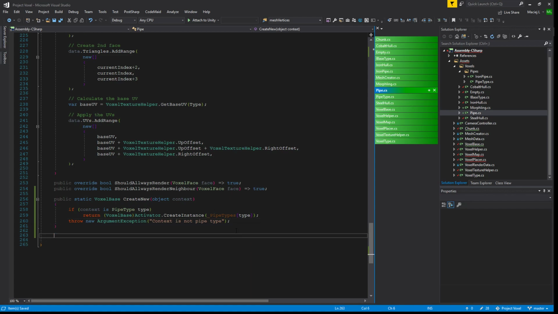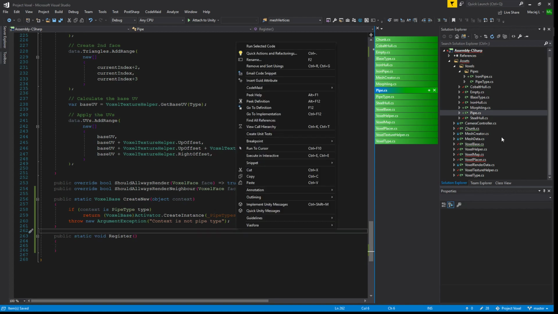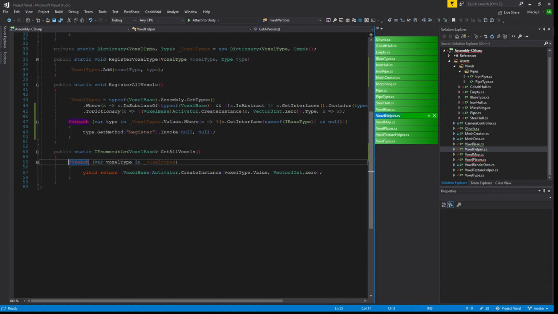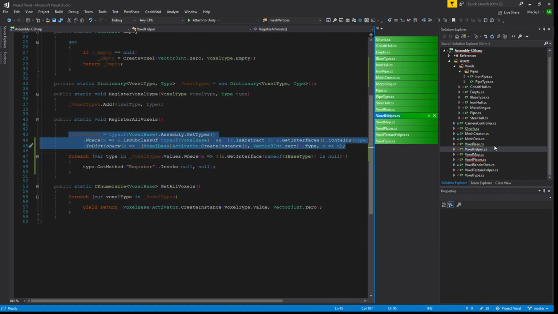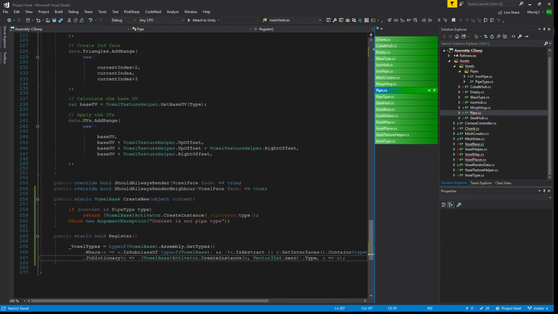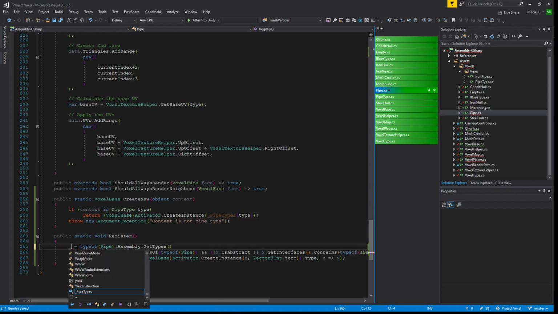Okay. And we need another function, the public static void register, and it will just go through the same thing as voxel helper. So this one, register, but type of pipe, this is pipe types, assemble, yes,